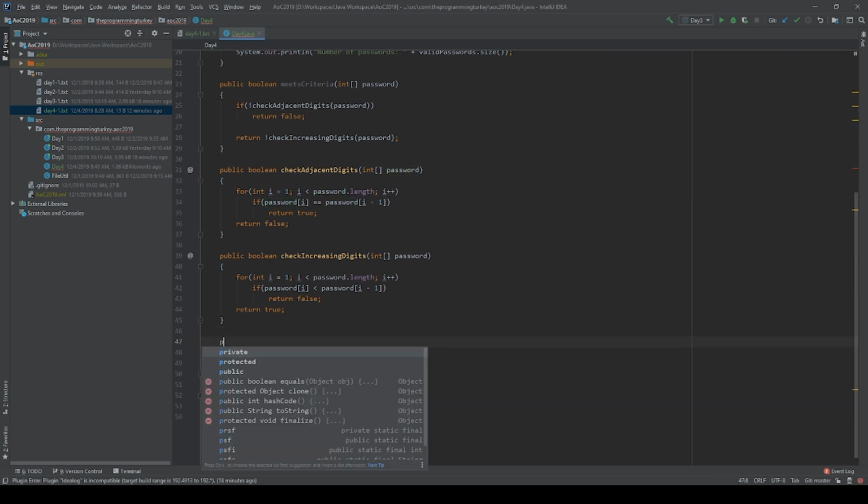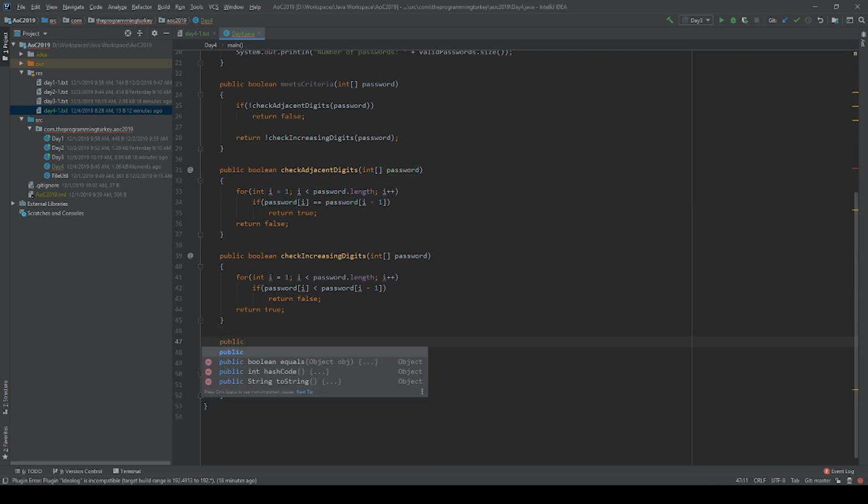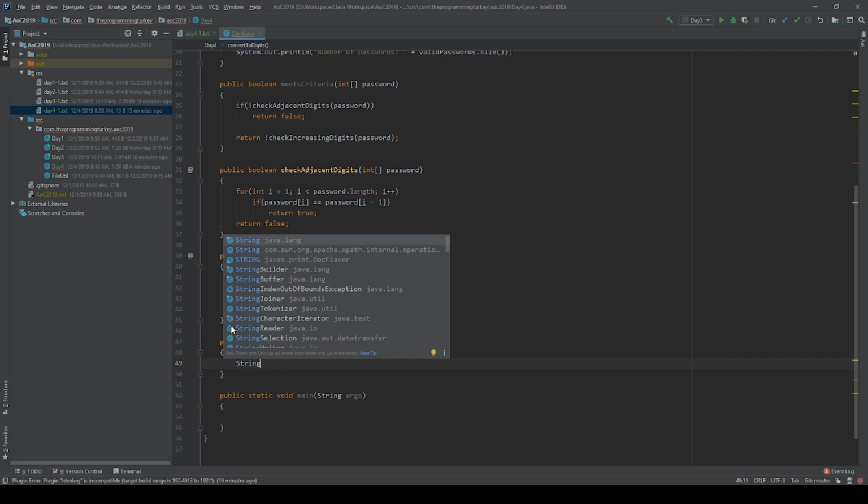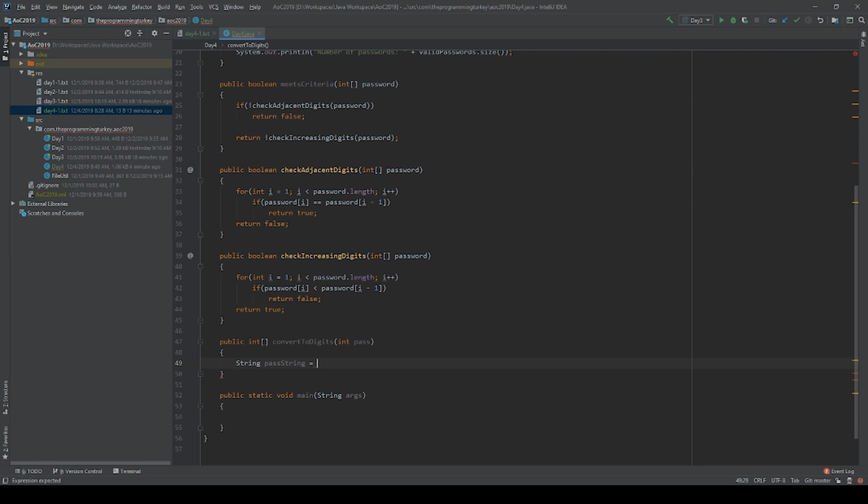I'm going to quickly write a method to convert between our integer and our digits array, if it makes sense. Let's just call it convert to digit, pass. We first convert our int password to a string value of pass, and then create an int array that will be the digits, equal to new int array, and then for int i equals 0, i is less than,